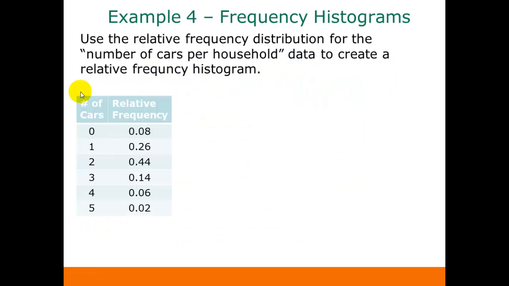Here's an example of a frequency histogram. We have data about the number of cars per household. We already had our frequency and relative frequency distributions for that. And if we want to do a histogram,